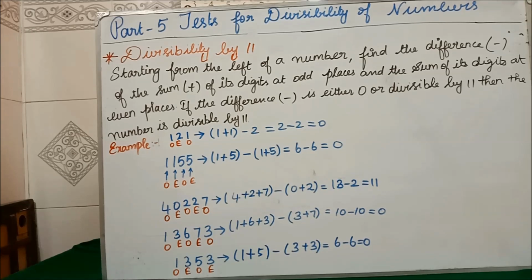Okay, so for what are the divisibility of number we have seen? We have seen divisibility by 2, divisibility by 3, divisibility by 4, divisibility by 5, divisibility by 6, divisibility by 8, divisibility by 9, divisibility by 10 and 11. Students, listen this video carefully. Now I am going to give you the assignment. Do that assignment carefully.